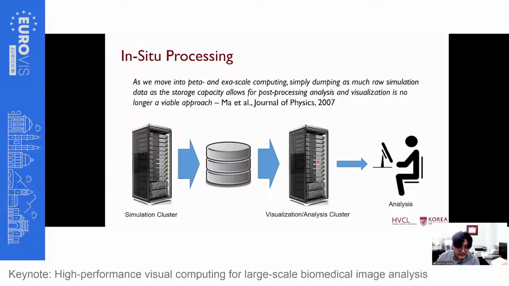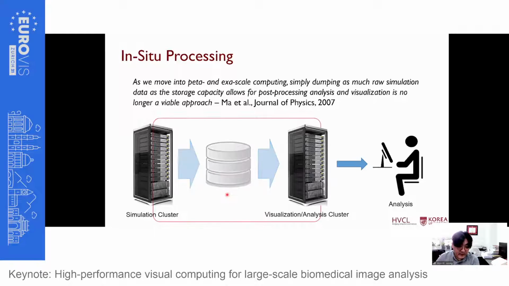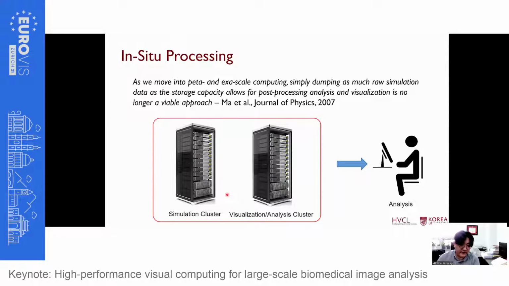But this is actually very difficult because storing everything to disk is, again, the bottleneck. So in situ processing basically tries to merge these into very close systems so that they are not using the shared disk. Either they use some portions of the system as simulation and the other portion as visualization or analysis, so that they can connect using a very fast network and get rid of this intermediate bottleneck of data movement, so that in the end, only the small size data will be passed down to the final human observer.